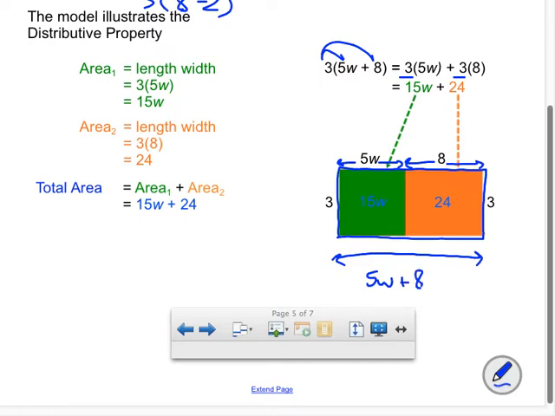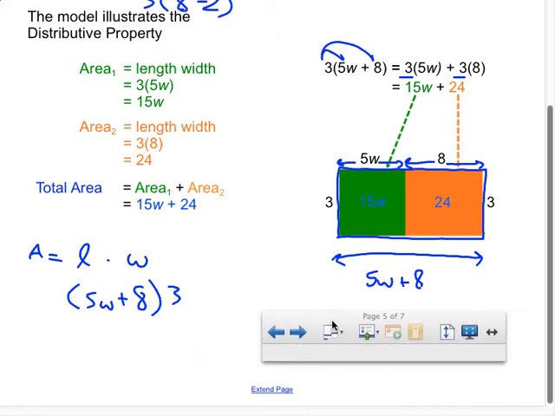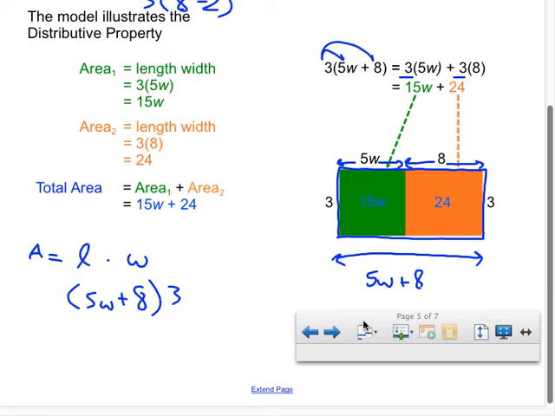Okay? Now, area equals length times width. Okay, well, we know my length is 5W plus 8, and my width is 3. Okay? And we already showed this above, but I'll just show it to you down here just to get that explanation in. If I distribute the 3, I end up with, well, 3 times 5W is going to be 15W. And then 3 times 8 is going to be 24. And that's the area of the entire